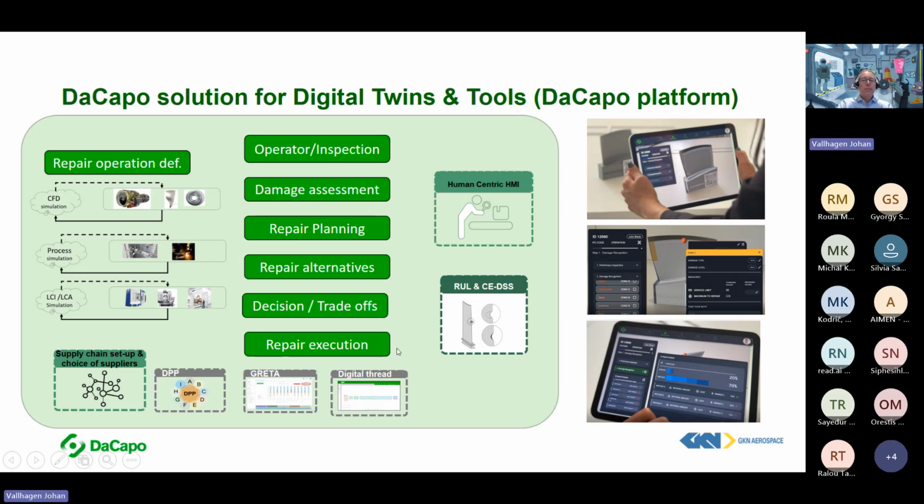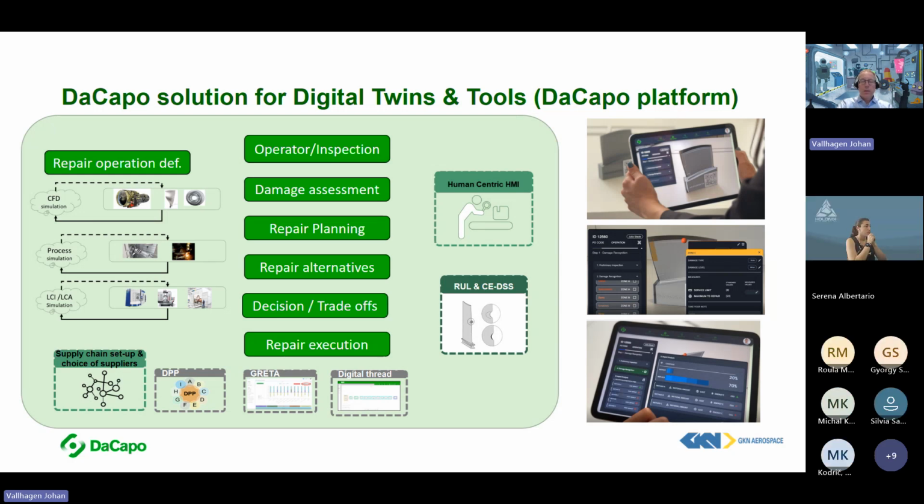And then you have the repair execution and delivery, which is documented and supported by the digital tools available to us. So where we are at the moment, we see this as a very promising concept, and we're approaching a proof of concept. This is a research and innovation action, so it looks promising, and some of these things are on the threshold where we can start to implement, at least in our research and technology lab environment.